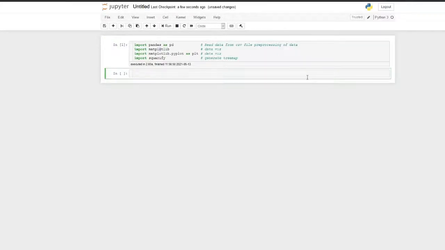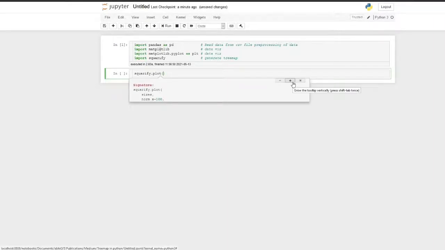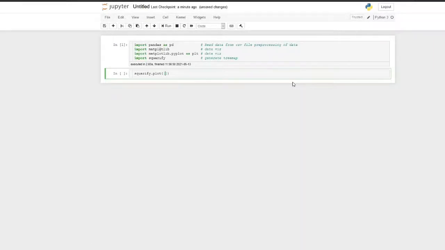Okay, so now let's get into squarify. We can generate a tree map by using the squarify.plot function. This squarify.plot function accepts sizes, and depending on the sizes, the tree map will be split into different areas.